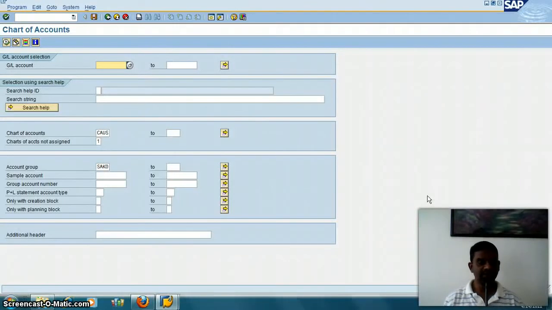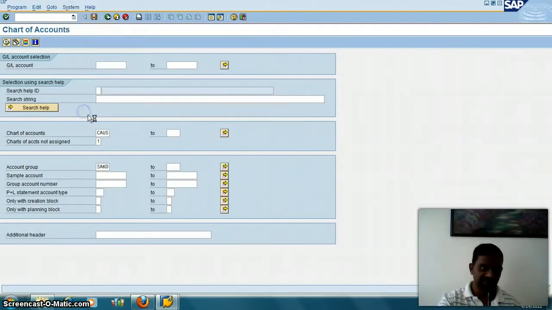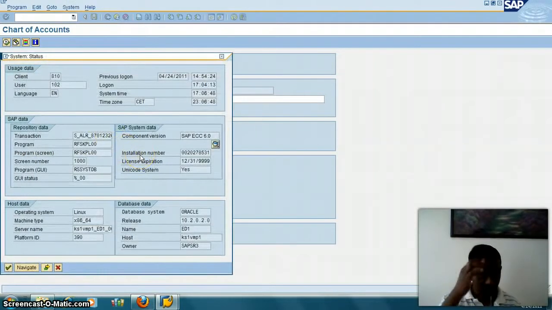Hello, in this video, we are going to look at how we can schedule a job in the background to run daily. Let's say, for example, you wanted to run daily and then you wanted to have a printout. So we're going to just pick a program which is basically this program. If we go System, Status, this will show us the program which we are going to